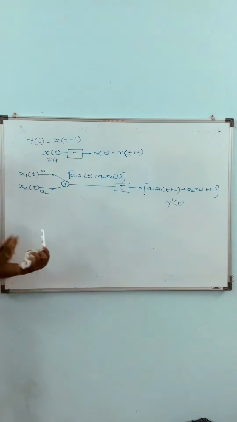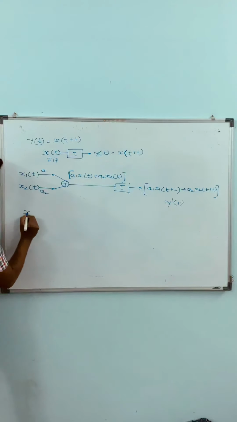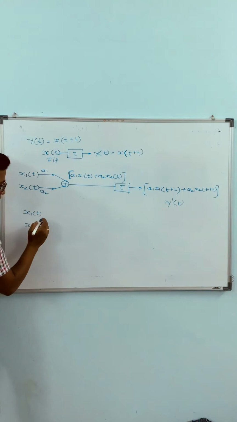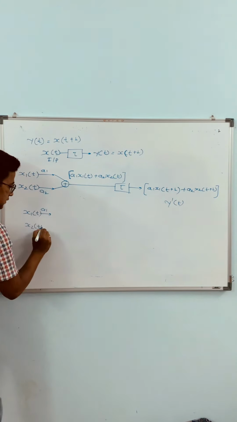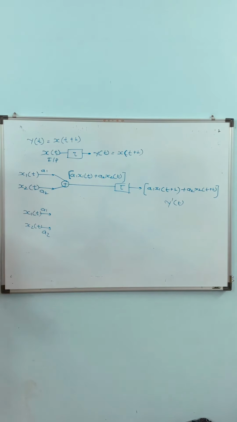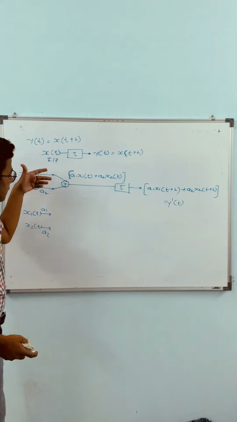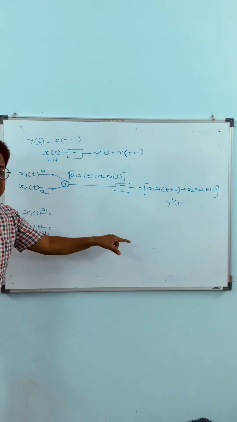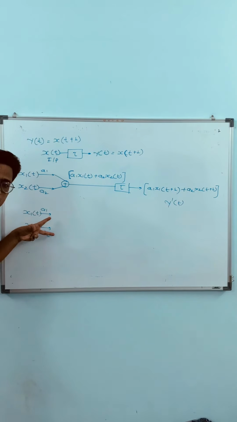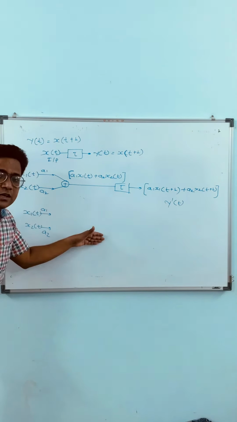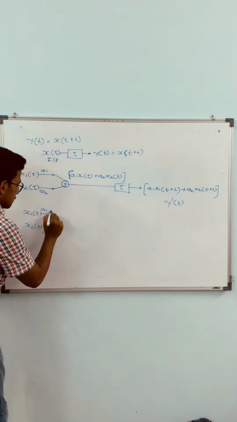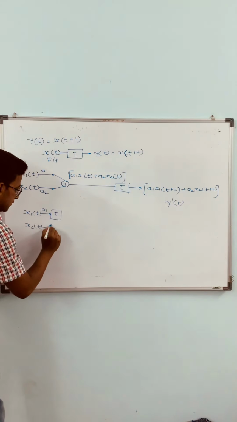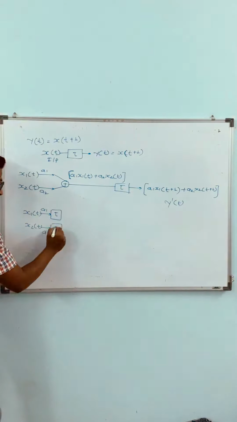Now the next analysis follows the same steps. X1 of t, x2 of t; we cannot change the nature of the signal. Again a1 is multiplied to x1 of t and a2 to x2 of t. In the first step, first addition and then system. In the second step, first system and then addition. Here we create an individual output, and then those outputs get added in the last step. So I connect an individual system to the respective signals.